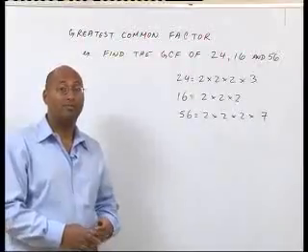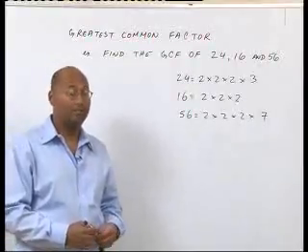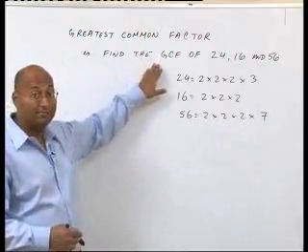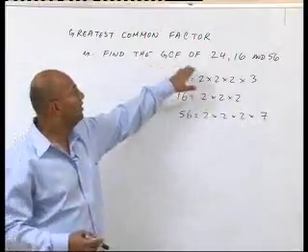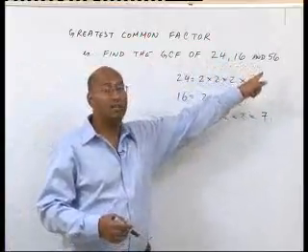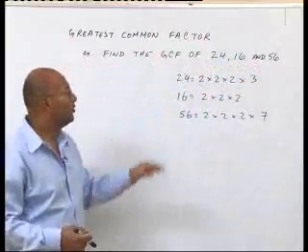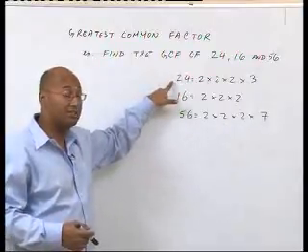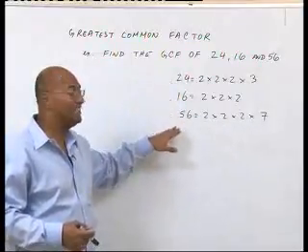Everyone, we're going to look at finding the greatest common factor of certain numbers. We're going to look at finding the GCF, short for greatest common factor, of 24, 16, and 56. In order to find the greatest common factor, we need to find the prime factorization of 24, 16, and